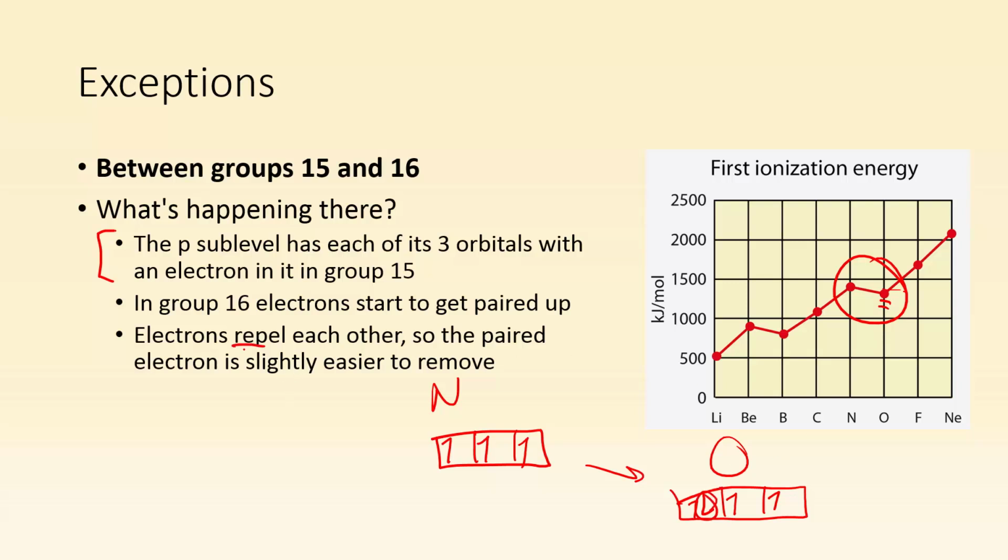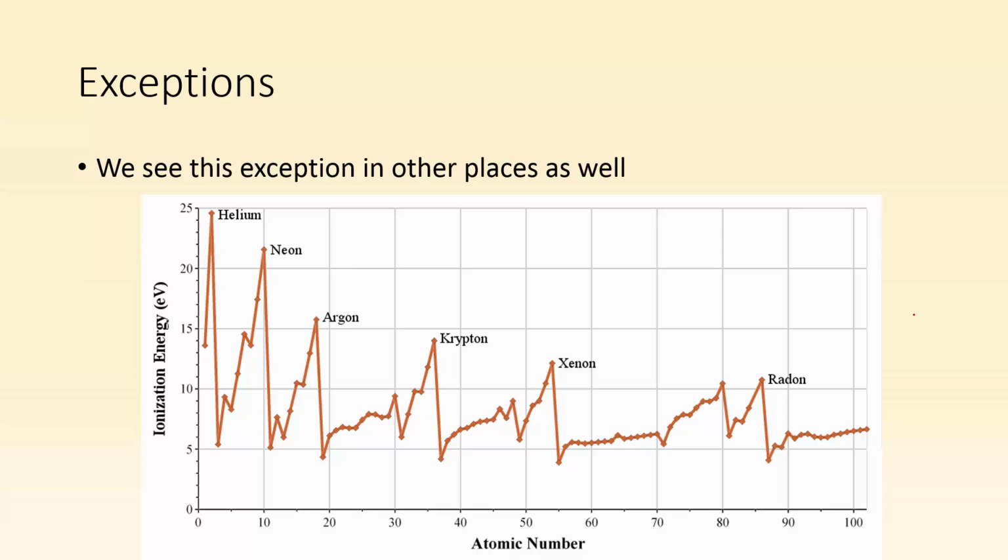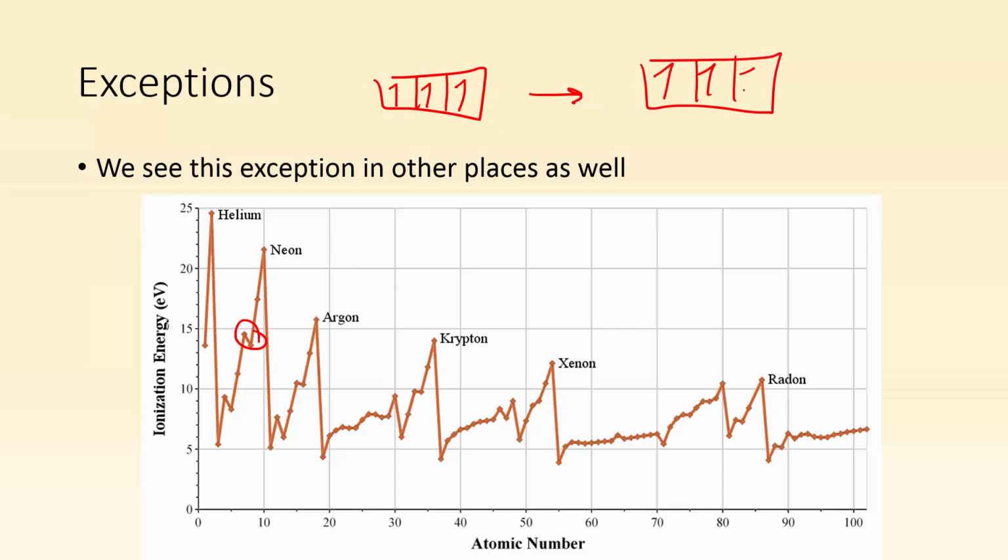Well, electrons repel each other. So when I pair them up and I start putting a second one in the same orbital, in the same box as another one, they repel. It's going to be a little easier to remove. And again, you're going to see this exception in other periods as well. That's this dip right here, where we're transitioning from having 1 in each p orbital, and we're transitioning to pairing up electrons in the same orbital. So again, same thing's happening in other places, and we start to see how it deviates from the overall trend